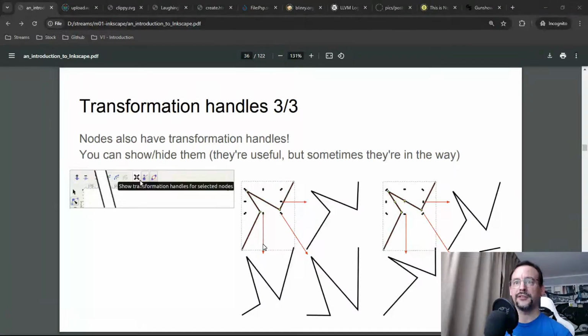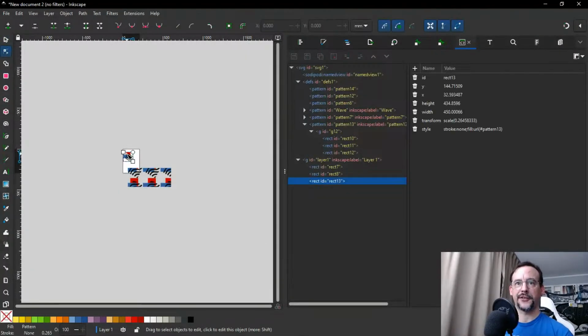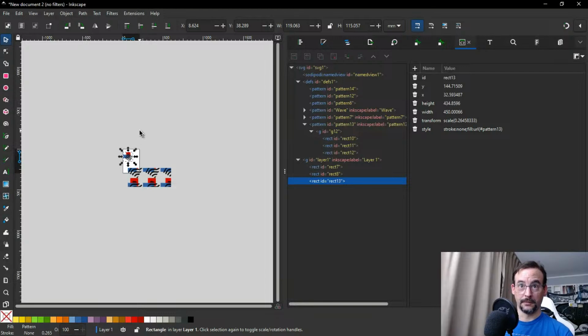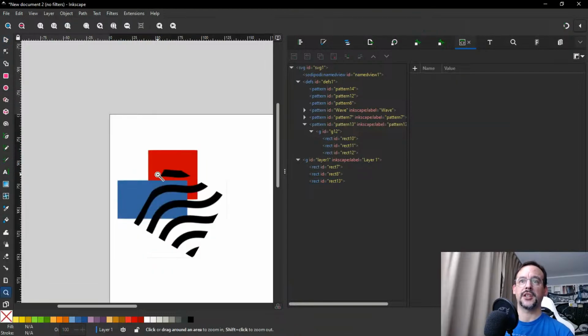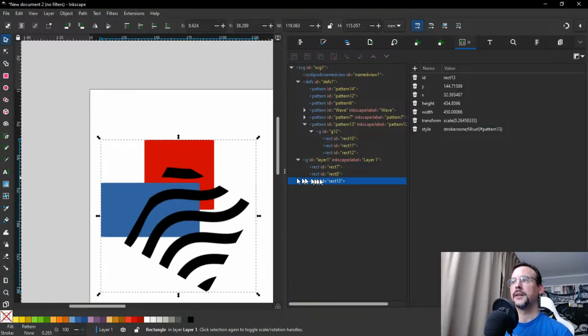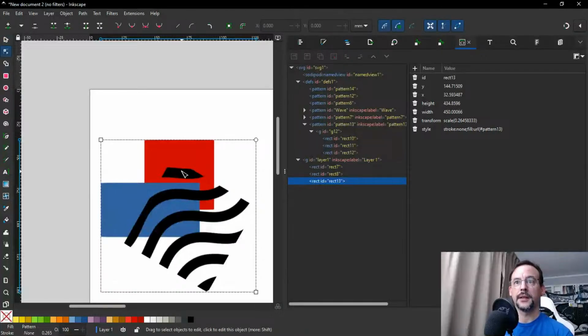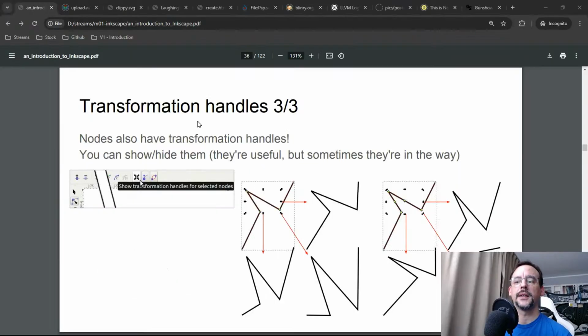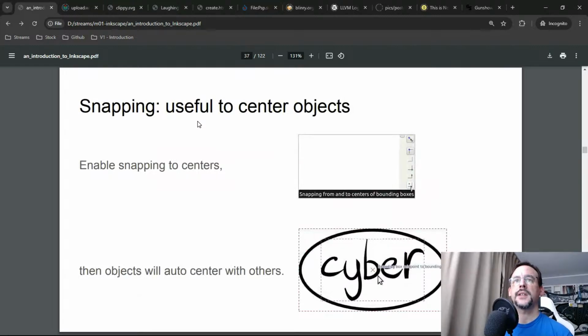You can always modify the handles of stuff that you created, except that now it's not an object anymore, right? It's a pattern. So I cannot edit it because it's seen as a pattern. Okay. Useful to center objects. So use the snap